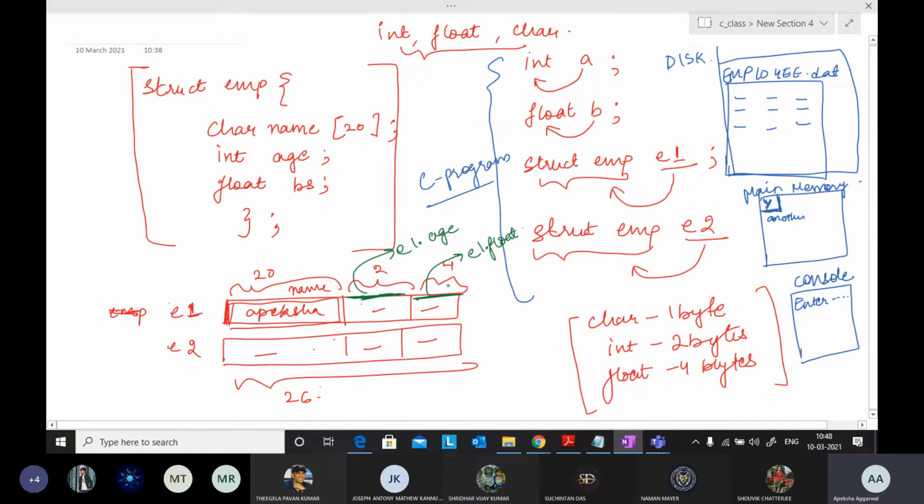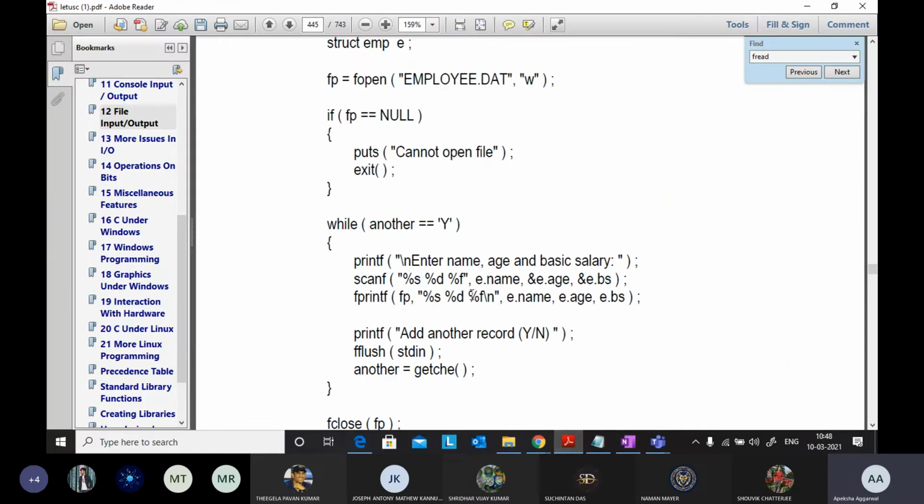Now the question is, good question: why have I not used address of with e dot name? Why have we not used the address of operator with e dot name? Anyone can say if anyone knows.